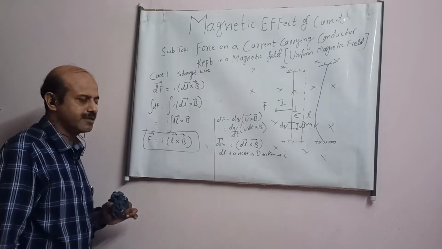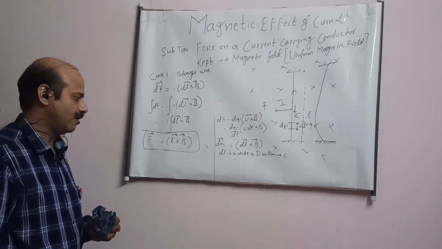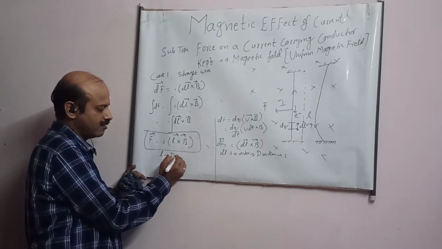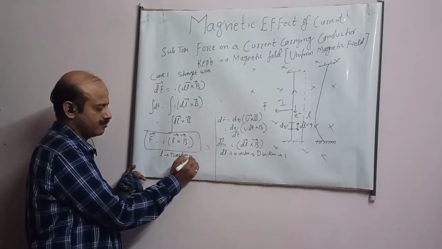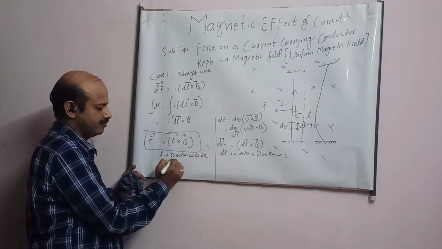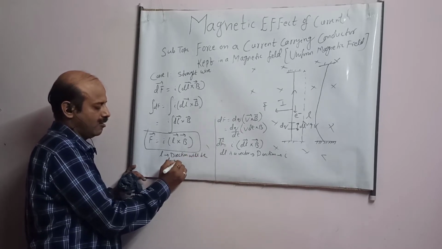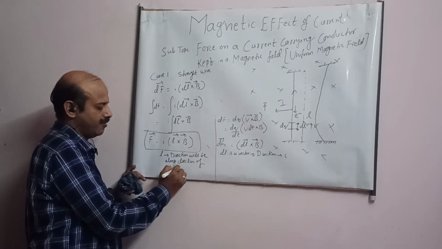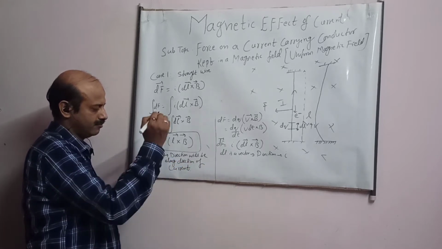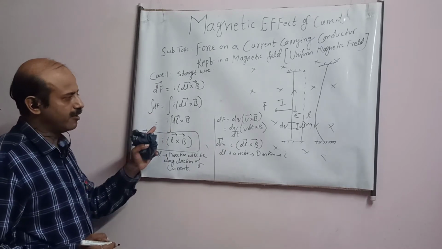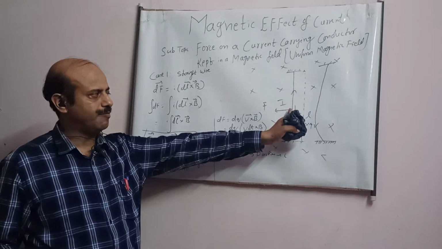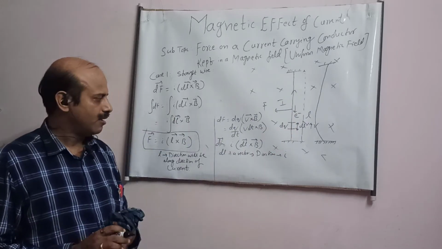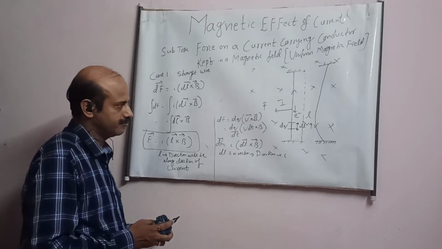This is the force on a current carrying straight wire kept in a uniform magnetic field. Again remember, student, this L is a vector and its direction will be along the direction of current. By a similar rule, you can apply the right hand rule to find the direction of force. You will get the left side. Let's solve some other numerical.